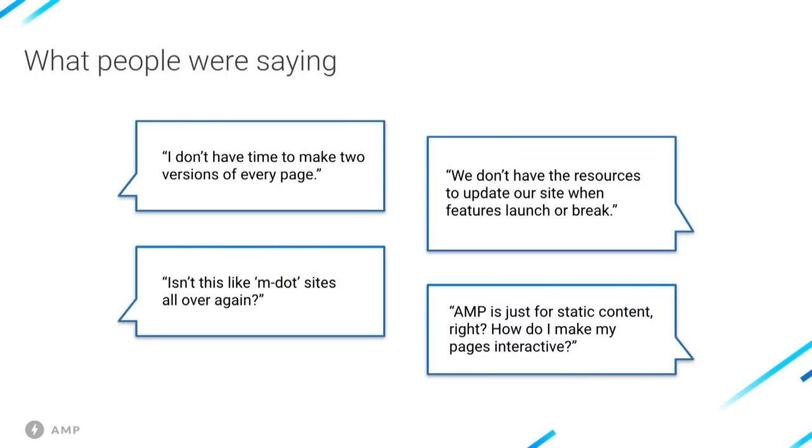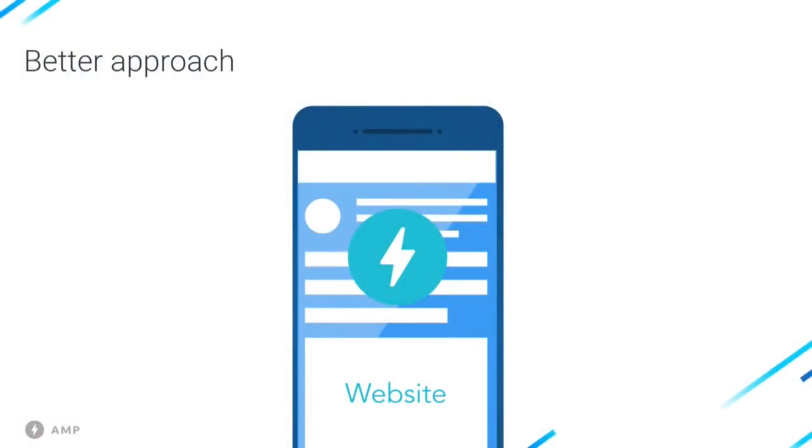And as a result of this process, people were saying things like, hey, Paul, thanks so much. People were saying things like, it's too much to maintain, why do I have to build another page? If AMP is for static content, then how am I supposed to build these interactive pages? And all of those comments were totally understandable. So we acknowledged that this approach was not ideal. Now, people are just using AMP as a source of truth for their pages, and you can use your AMP